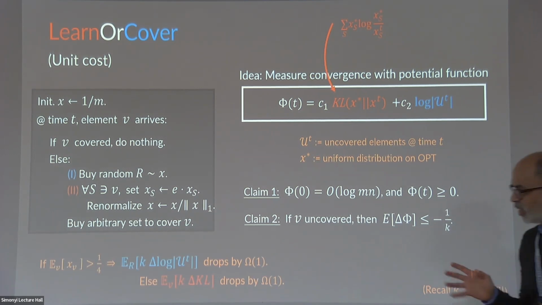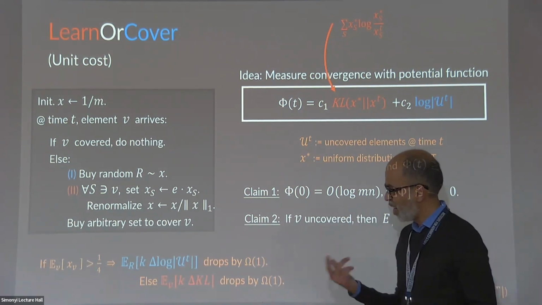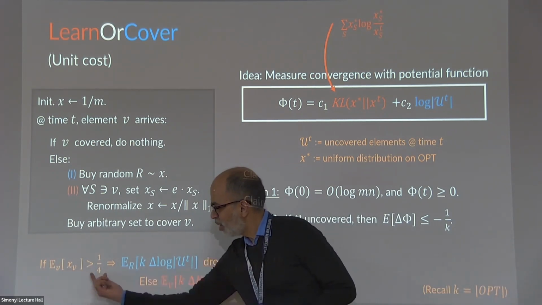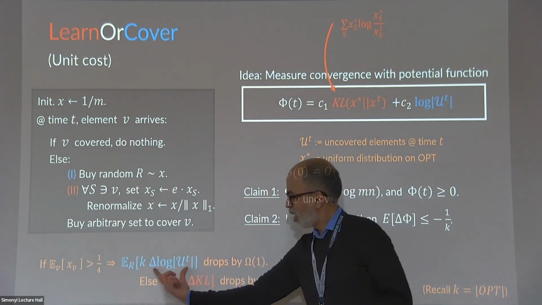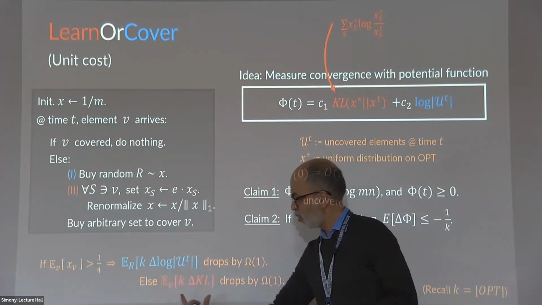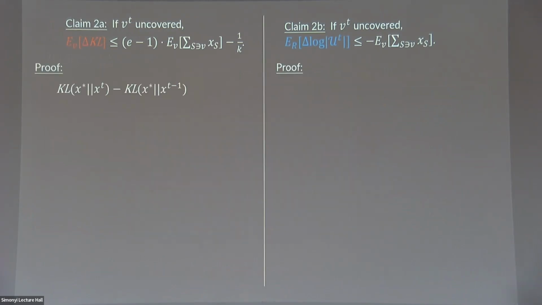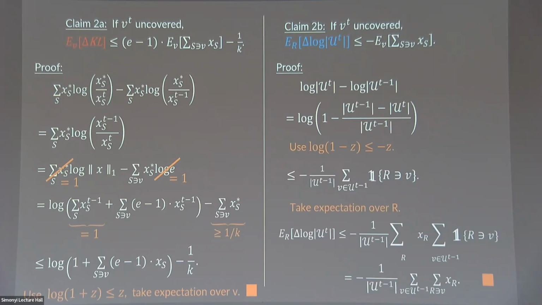And more or less the analogy with the previous argument is similar. Either this element is covered by a lot by this solution, then our expected coverage is good, or expected learning is good. And again, there are details here, and there is some proof. Let me not bore you with the proof. I just wanted to show you that the proof is fairly short. And it's just